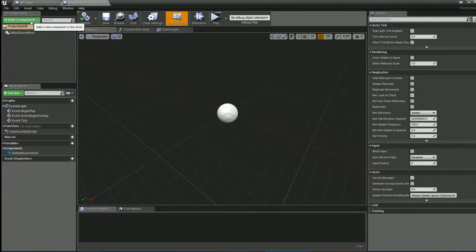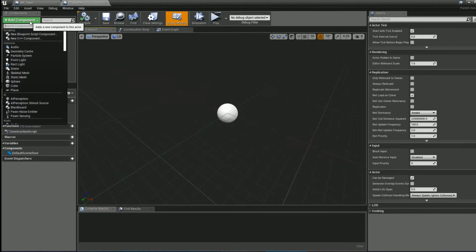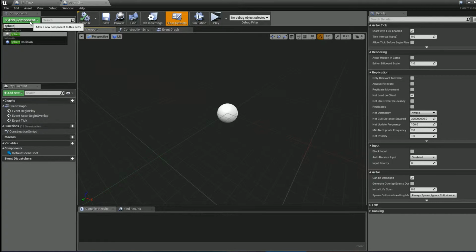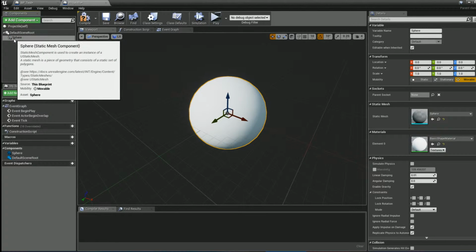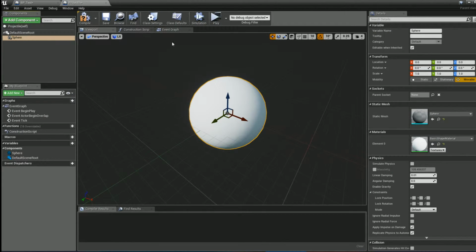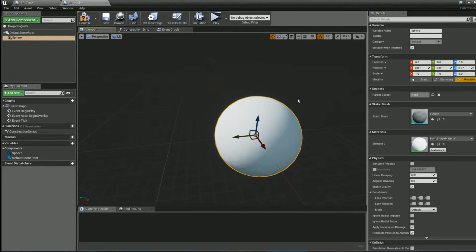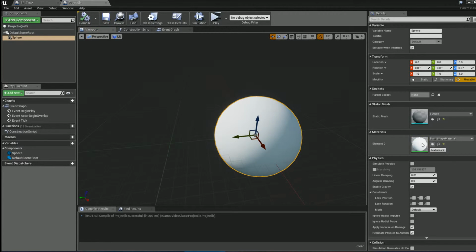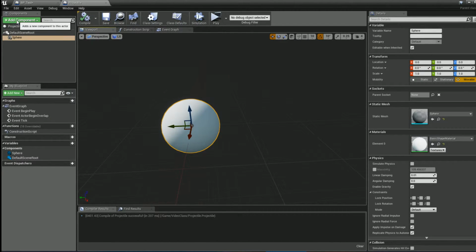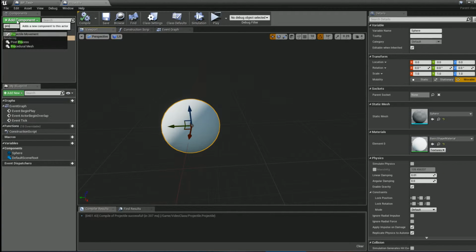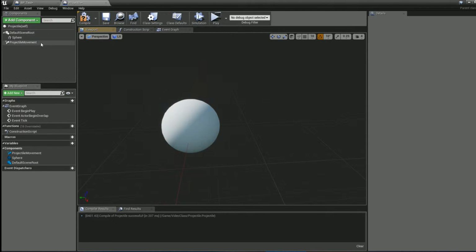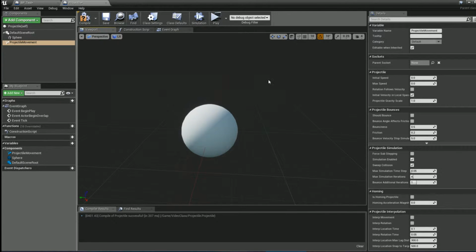I'm gonna do the same steps, but instead of adding a cube, I'm gonna add a sphere. I'm gonna click on add component and sphere. Make sure that you are adding a static mesh component and a sphere. I think everything is good for the sphere. I don't want to change its material, this is for another class. So I'm gonna add a new component called projectile movement. This projectile movement basically has all of the